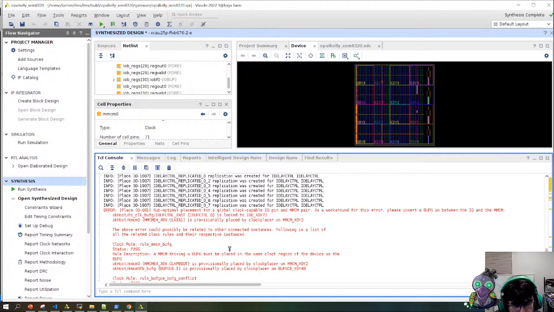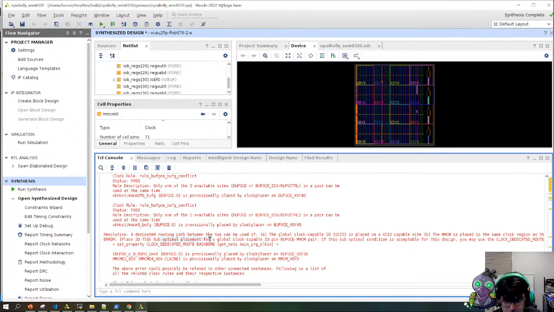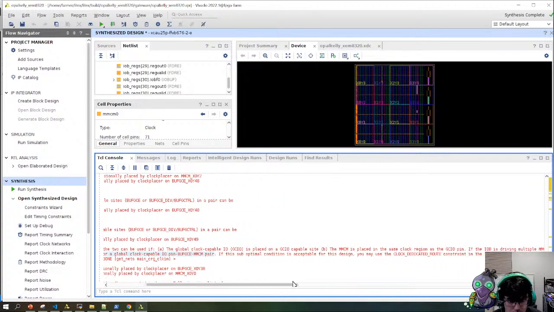Maybe it's all the IDELAYCTRL, maybe? This says please insert a BUFG. Okay, let's see what this one here says. Place in for a clock. BUFG, D E. This is so